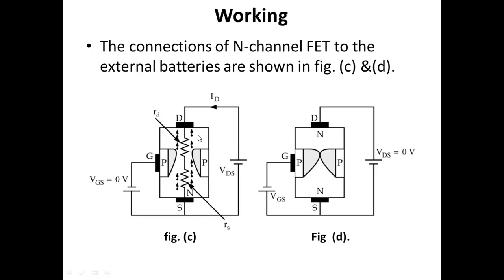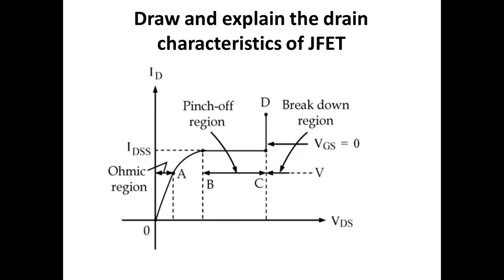The drain to source voltage at which, at point B, the channel width is reduced to minimum value is known as pinch off. The drain to source voltage VDS at which pinch off occurs is called the pinch off voltage, denoted VP. Once pinch off occurs, the channel width reaches its minimum.